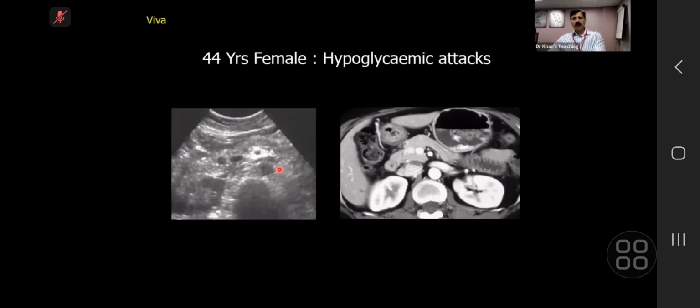Now, first of all, candidate 7, can you tackle this film? So I've got an ultrasound image here, and I've got just one, late arterial phase, early portal venous phase type of scan. Over to you. So I'm presented with spot images from ultrasound scan and CT scan with arterial phase of a female patient with hypoglycemic attacks. On ultrasound, I can see